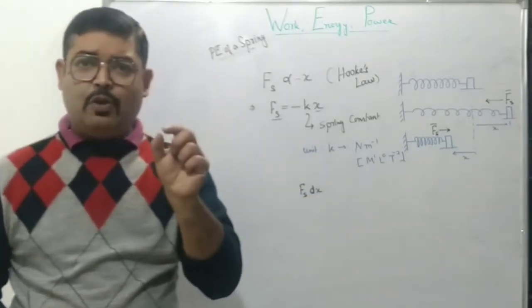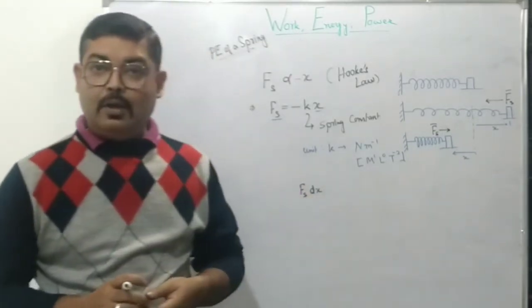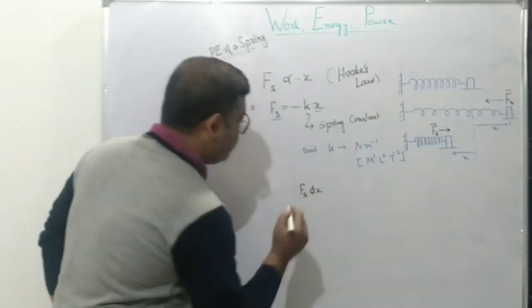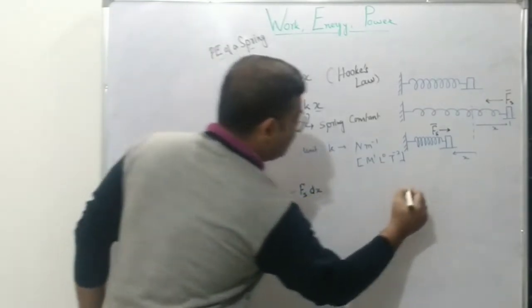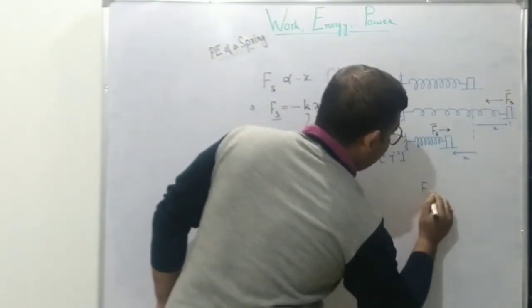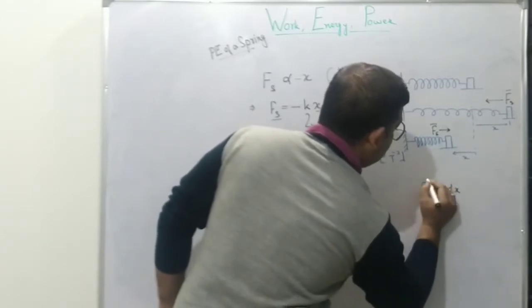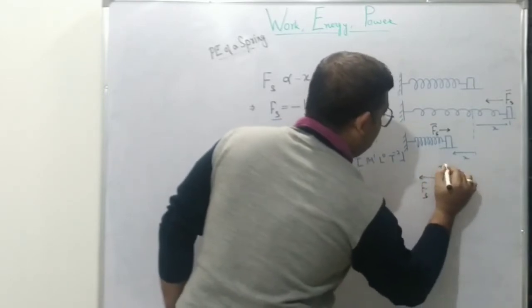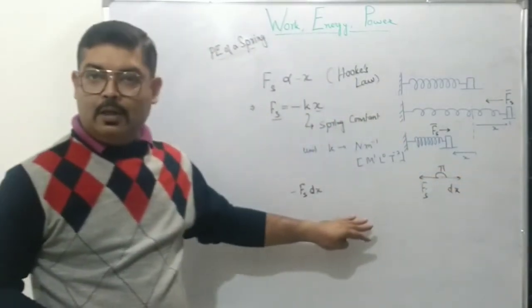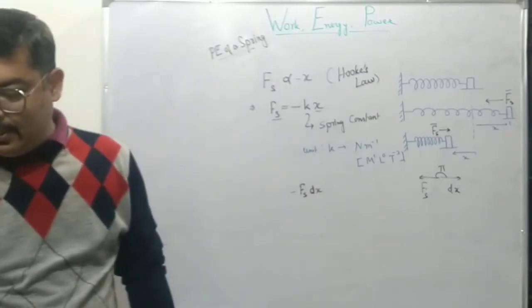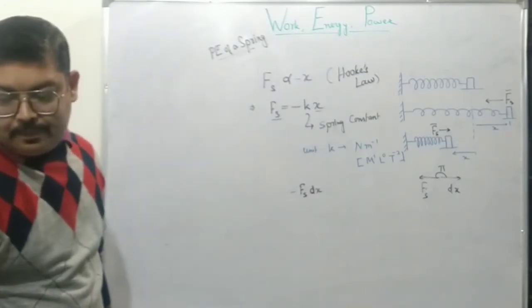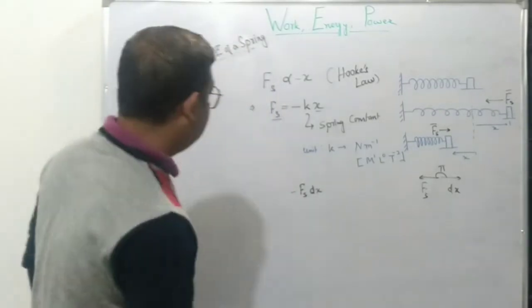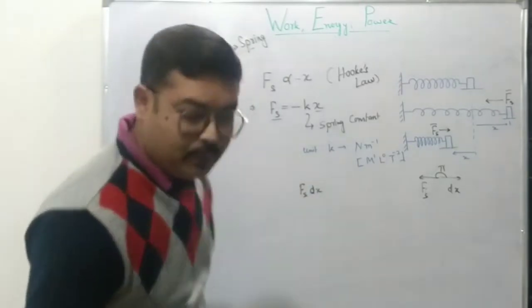That is, we take such a small displacement so that the spring force remains practically constant over it. Then Fs into dx, of course they are in opposite direction, so minus of this, because the angle between Fs, spring force, and dx, say if dx is in this direction, Fs will be in this direction, so the angle is 180 degrees or pi, so F dot dx will be minus F dx, right? So we put it this way,